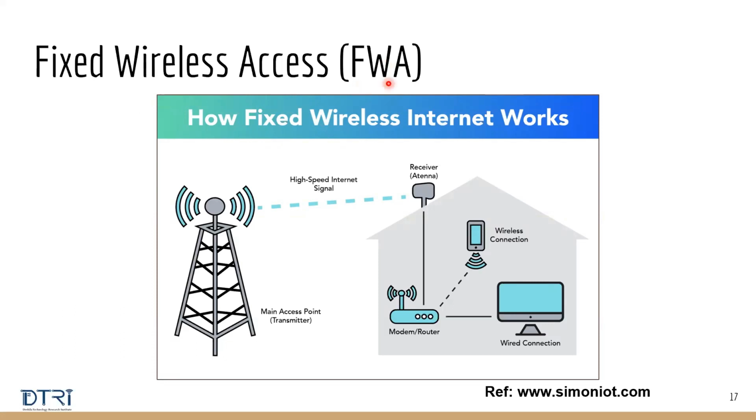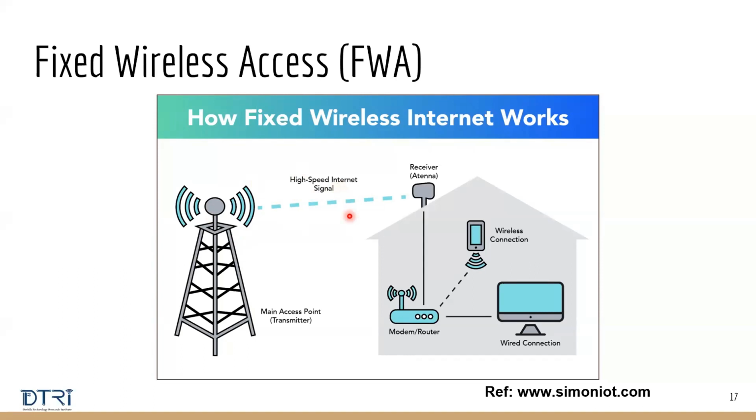It's called fixed wireless internet access because you have a tower like this, and this is a 5G tower. This provides the 5G signal. This is a home which receives that 5G network. Within the home, you can connect through, let's say, Wi-Fi or whatever technology you want to use. Within the home it can be Wi-Fi or 5G, but outside the home you want a high-speed signal connection.